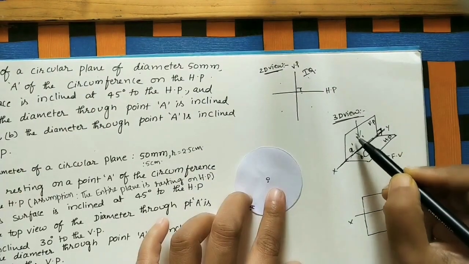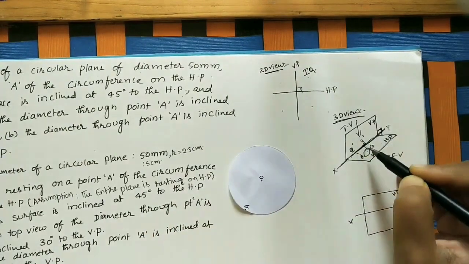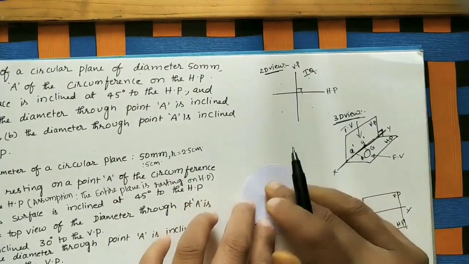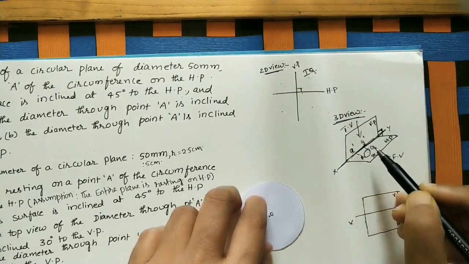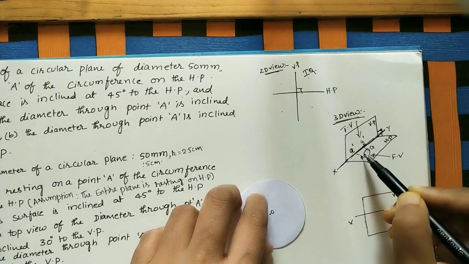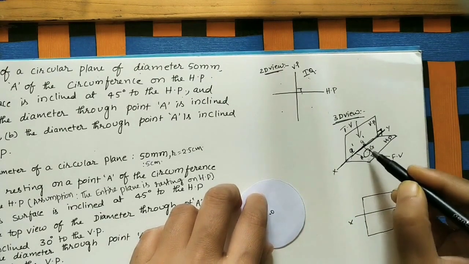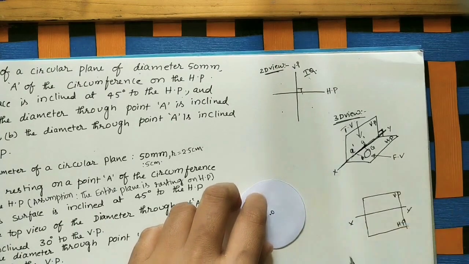Now next mark the top view. In the shortcut form we write TV. If we see from the top, the circular plane looks like a circle. Here also, if you see from the top, we can see the entire circle. Now where can we see the entire circle? On the horizontal plane. So at the same place we can see the entire circle. So this is the top view. We got the front view and top view in the 3D view.